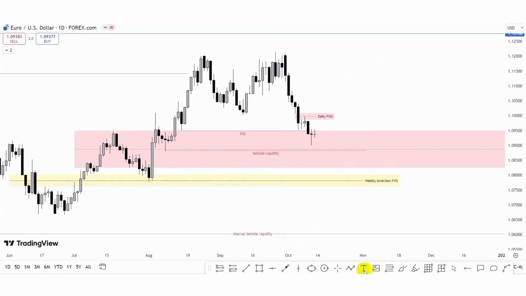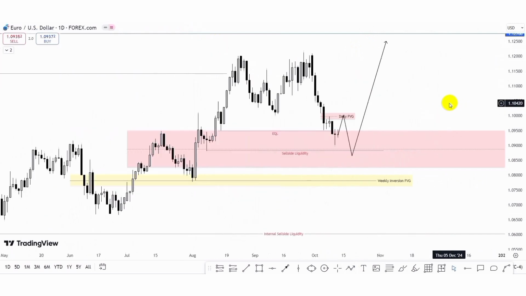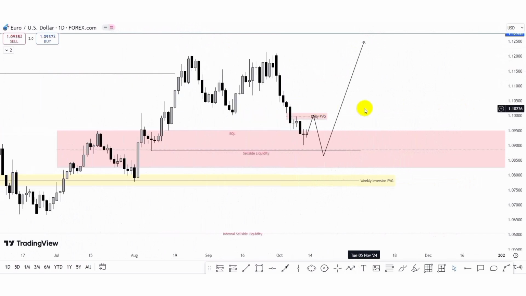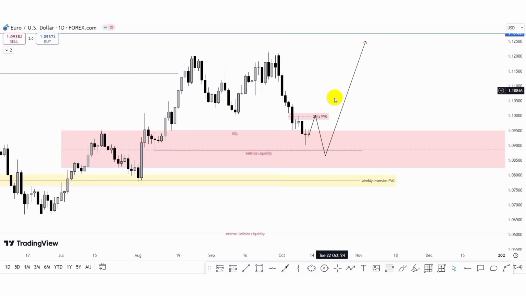So I'm looking forward to see that price may return to take out this high point, and then we have the fall of price before we can frame a bullish move of price to the upside, because our expectation is to see price take out this buy side liquidity. So this is what I'm expecting to see in the markets, except the market decides to return and respect this fair value gap here. Price returns and then falls to the downside to take out the sell side liquidity, and then we have the bullish push of price to the upside.